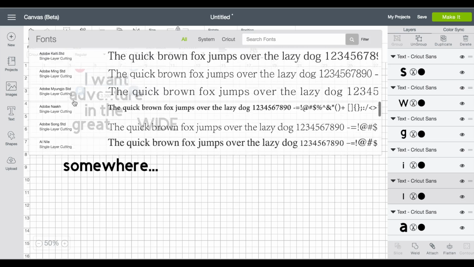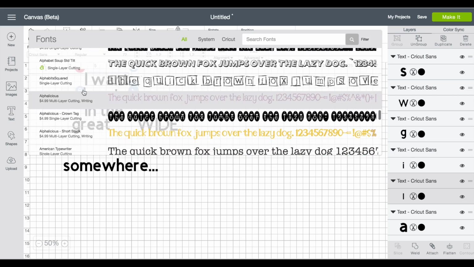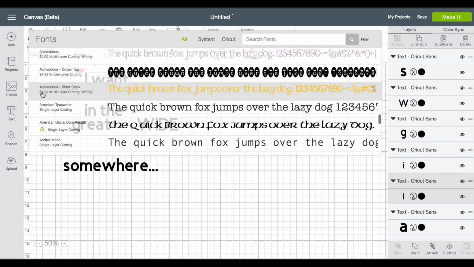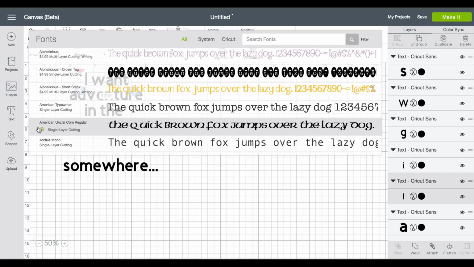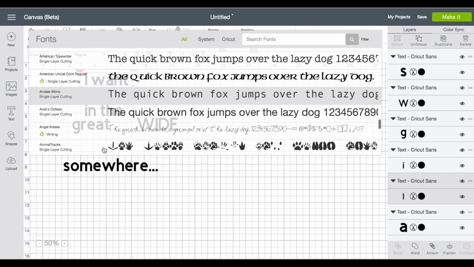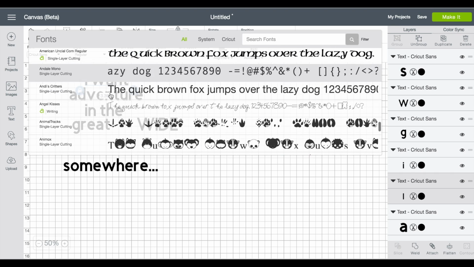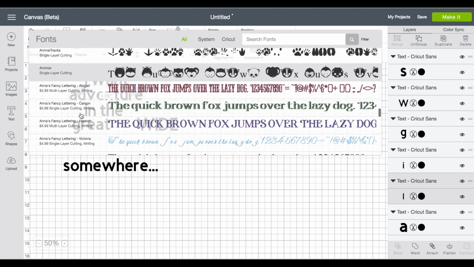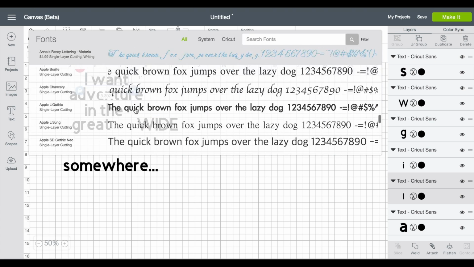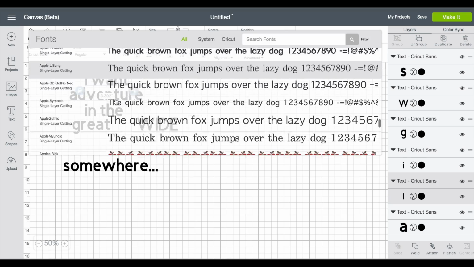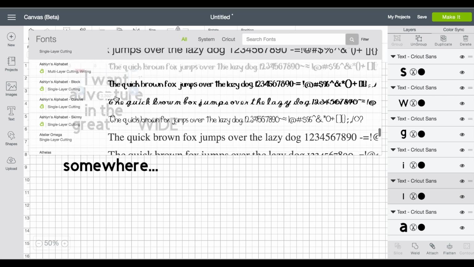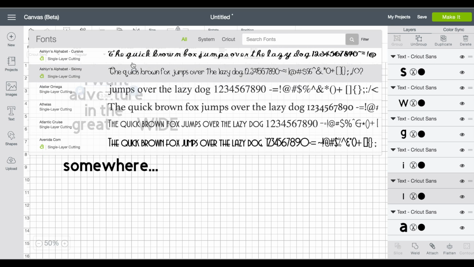So now we're gonna go in and change the fonts to all of these, and I'm not too sure what I want it to look like yet, but that's why we are gonna design together. One thing you can see over here is where it says $4.99. This is actually not included in Cricut Access. Anything with this little A is included in Cricut Access. So if you pay that fee to get all of their stuff, you can use those, as well as all of your own fonts that you have and that you've downloaded yourself. So if you need to know how to download fonts, check out my How to Download Fonts video.